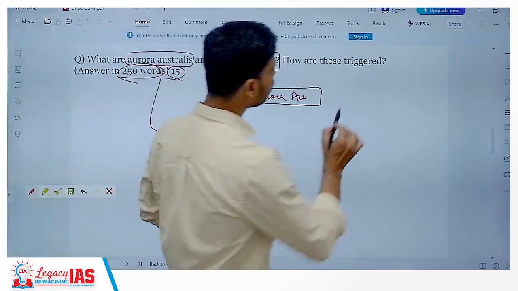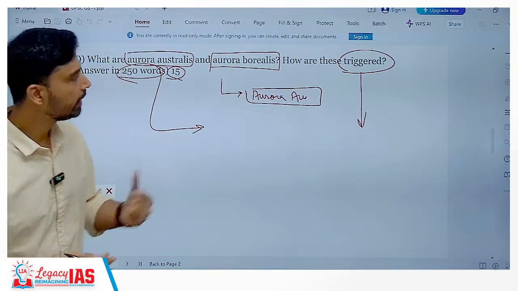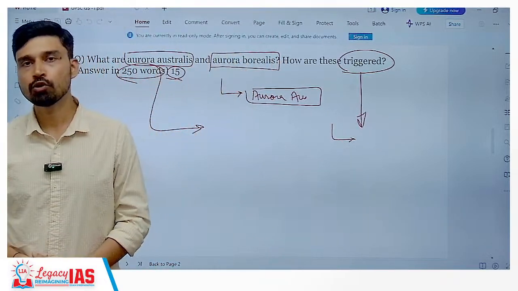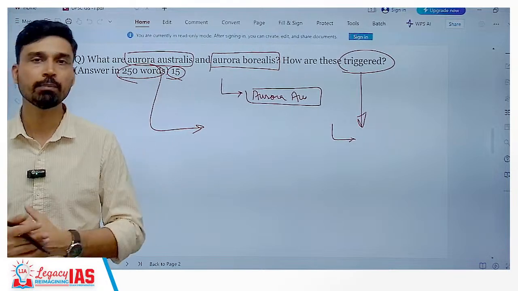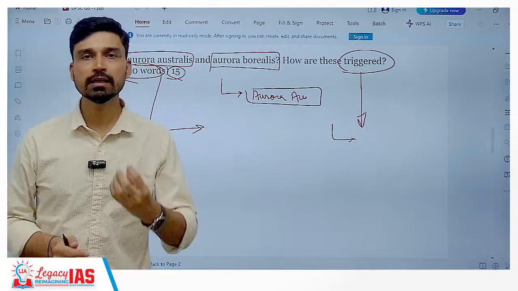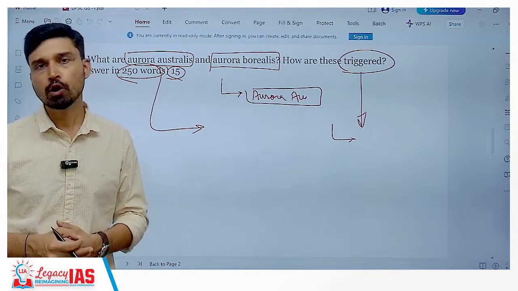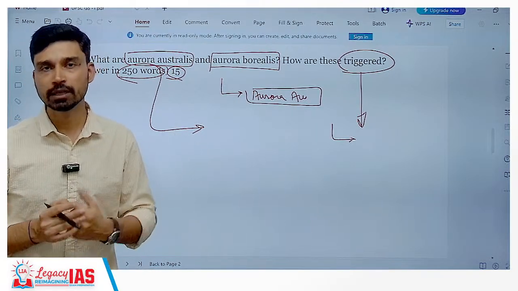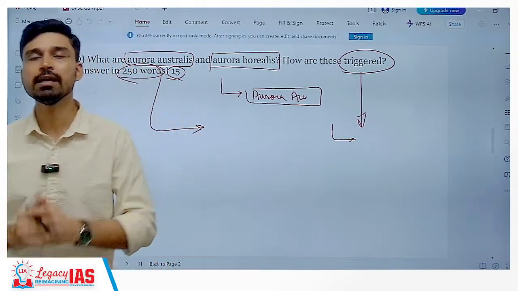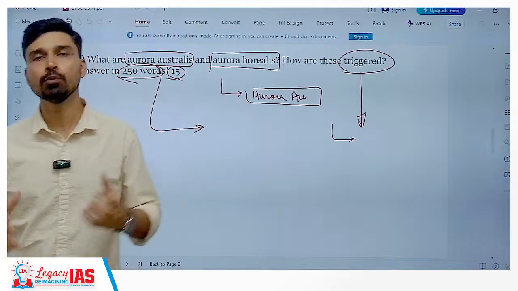Then in the second part of your answer, you can explain the factors that result in the aurora. There you could have explained that auroras are a phenomenon caused when highly energetic particles from the sun move toward the earth, and most of these particles are deflected back by the magnetosphere, that is, the magnetic field of the earth. However, some of these highly energetic particles get trapped in the earth's magnetic field, and since the magnetic field lines are densest near the poles, these particles then move and accumulate around the polar areas